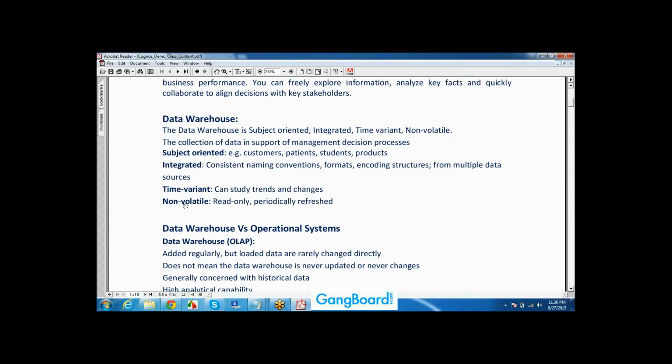Yeah, so data warehouse is a non-volatile one, but the database is a volatile one. Continuously it happens. Where we use a database, like IRCTC, for any transaction that should be updated on an immediate basis, that is a database.